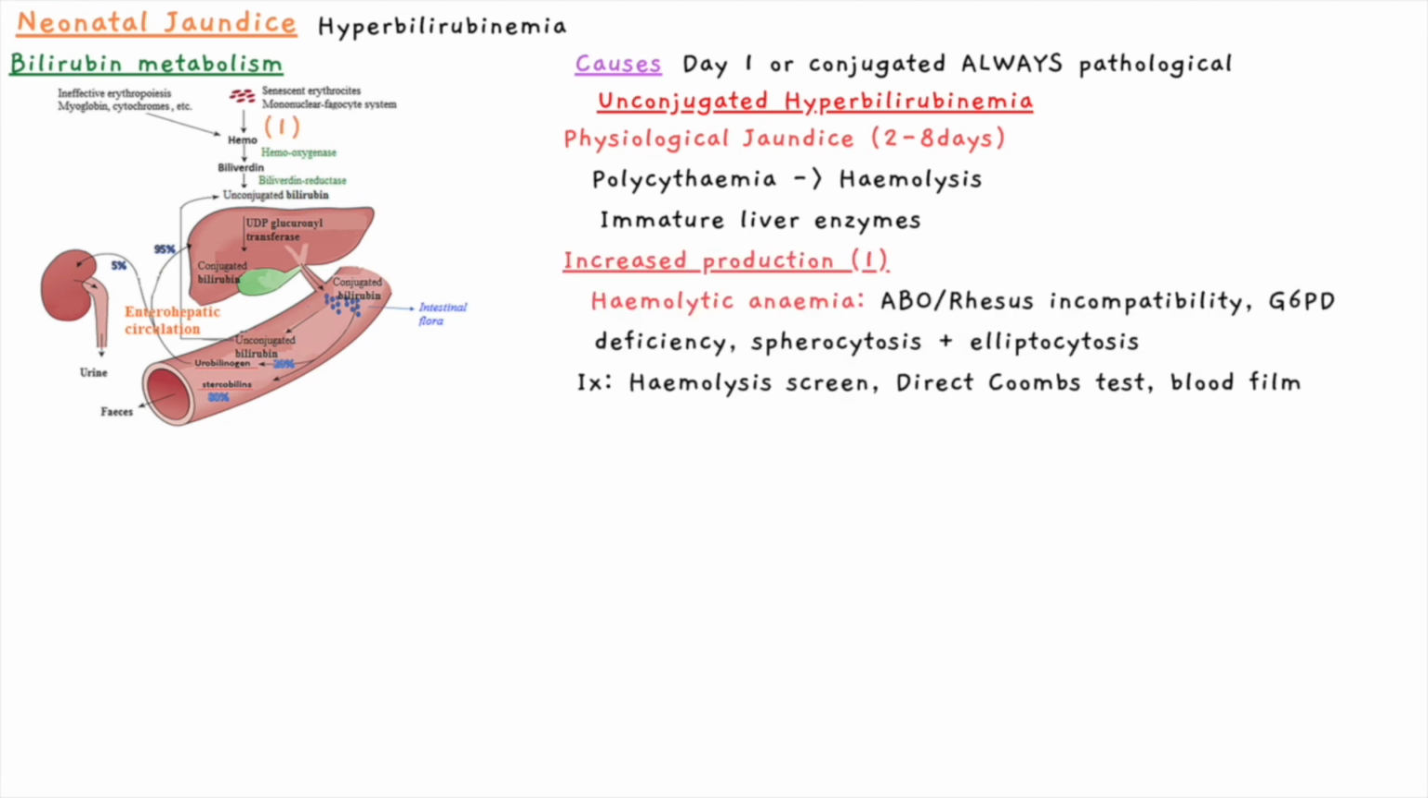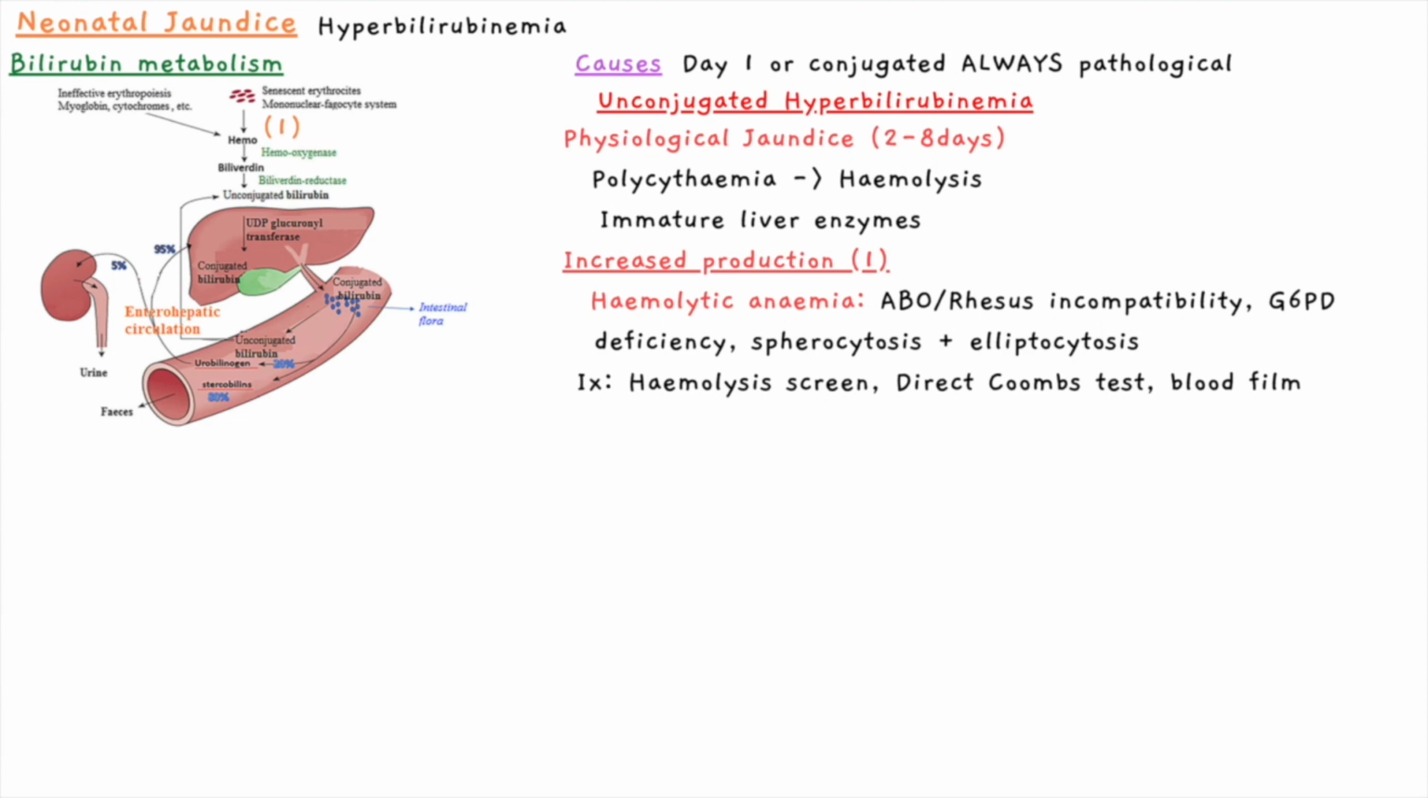However, there are also pathological causes of unconjugated hyperbilirubinemia, and this relates to increased production. So the baby may have a hemolytic anemia, and risk factors for these are an ABO blood group mismatch or rhesus incompatibility, but rhesus is rare as this is often picked up on screening and treated. Other causes include a G6PD deficiency, which is an enzyme, or cell wall abnormalities of the red blood cell, such